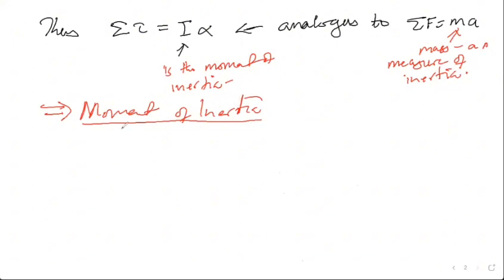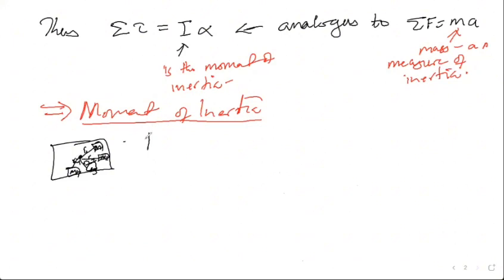To determine the moment of inertia, you get the mass. When you have the axis of rotation somewhere, you divide the mass into small masses. Let's call these M1, M2, M3, M4, M5. Then we determine the distances R1, R2, R3,